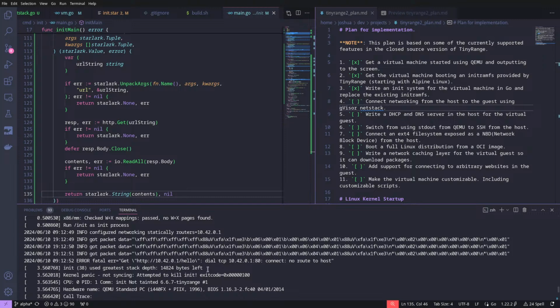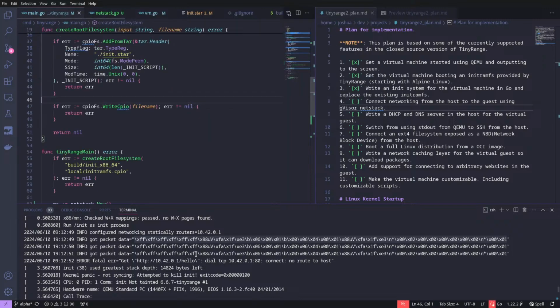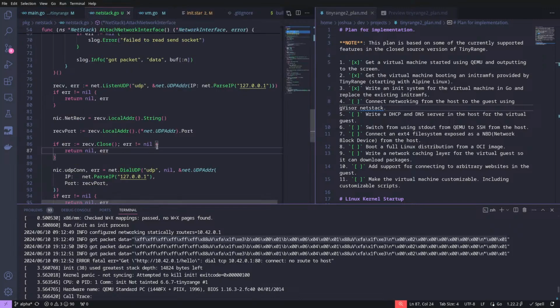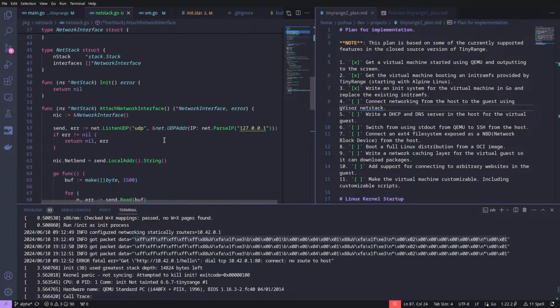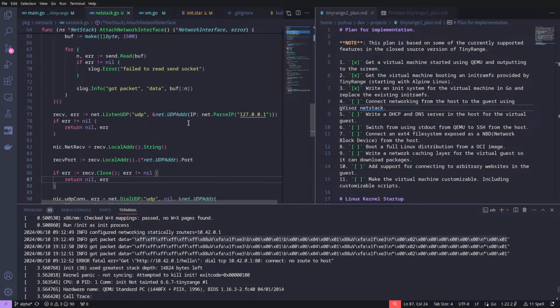You'll see that. Ooh, we got some packet data. We got some packets. That's nice. Quite like a proper hex dump of the packets though. We got some packets from the guest. Now we need to actually do something with those packets. These packets are probably the virtual machine doing a